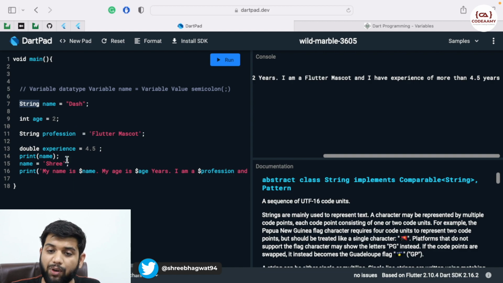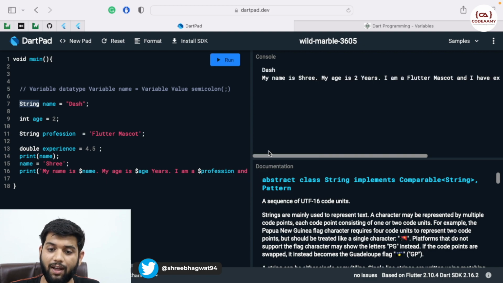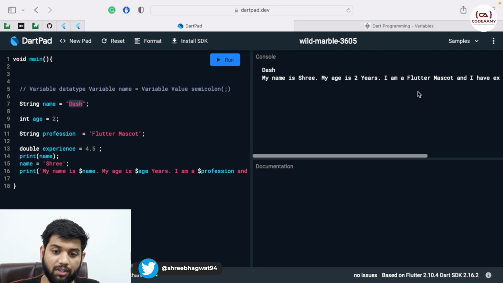Okay. And now you can see the difference. I will hit the run command over here, and you can see the first print command is over here, right, on line number 14, and till line number 14 the value of name is dash. So it is printing dash over here. But once we go to line number 15, we are changing the value of name from dash to Shri, and then we are using this name variable inside our print statement.